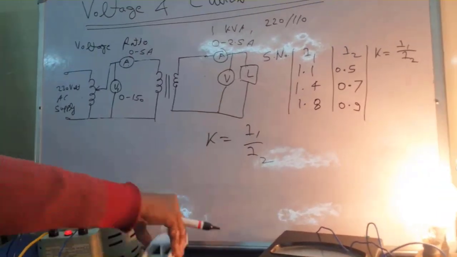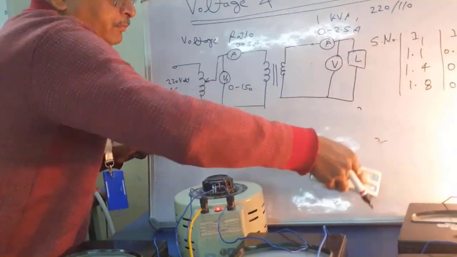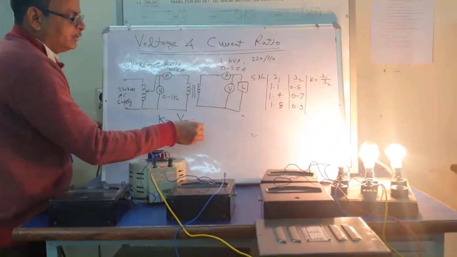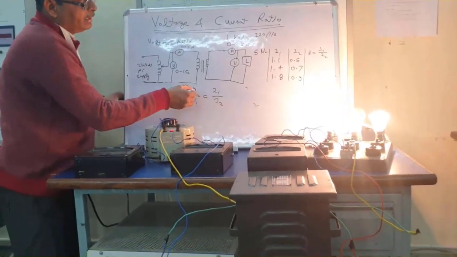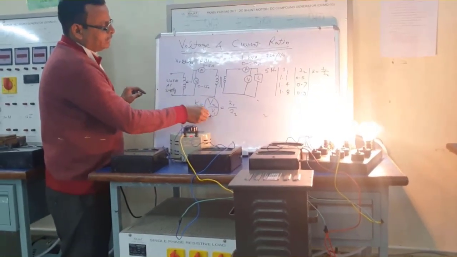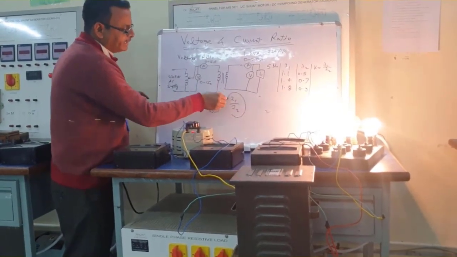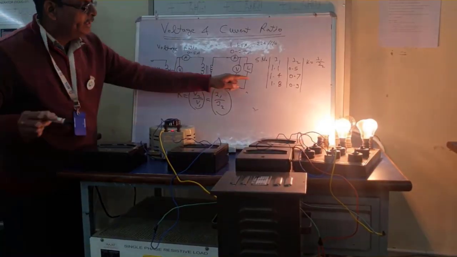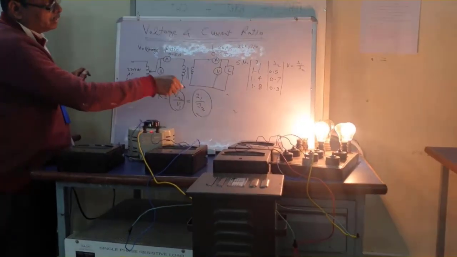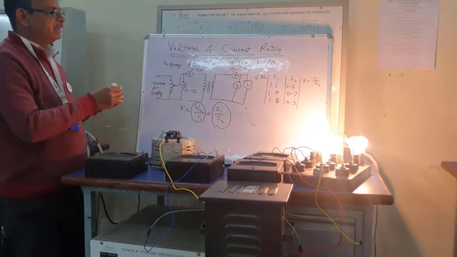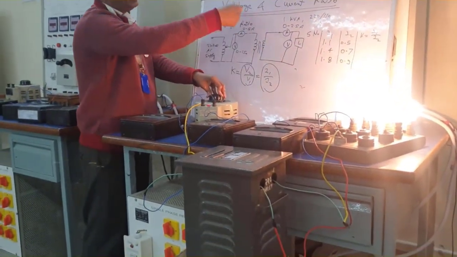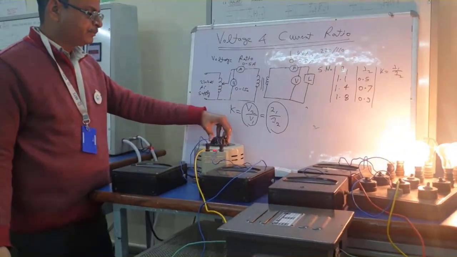Basically, the voltage ratio formula is K is equal to V2 upon V1 is equal to I1 upon I2. Voltage and current are just inversely proportional. It means with the help of this expression we can determine the voltage ratio, and with the help of this expression we can determine the current ratio. So we have the values of primary and secondary current. These two, voltage ratio and current ratio, should be equal. This we have to prove in this experiment. So with the help of this calculation you may calculate the voltage and current ratio,